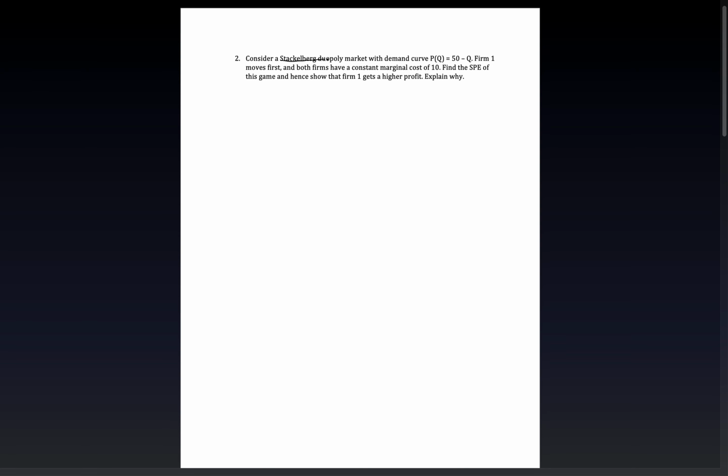A Stackelberg duopoly. It means that one player goes after the other. We want to use backward induction to work out what quantity Q2 would choose, knowing their profit function and what Q1 has chosen. So the profit function of firm 2 is (P(Q) minus C) times Q2, which equals 50 minus Q, and we know Q is composed of Q1 and Q2, so it's 50 minus Q1 minus Q2 minus 10, because we know that the marginal cost is 10,